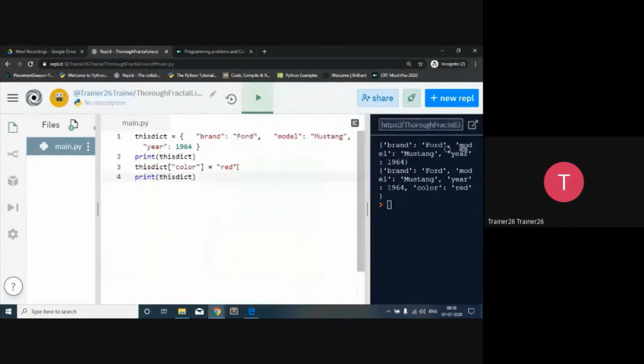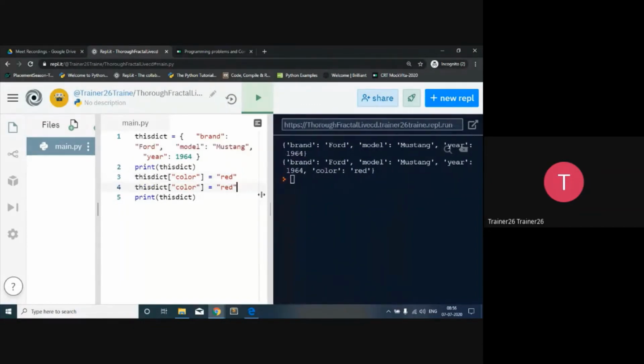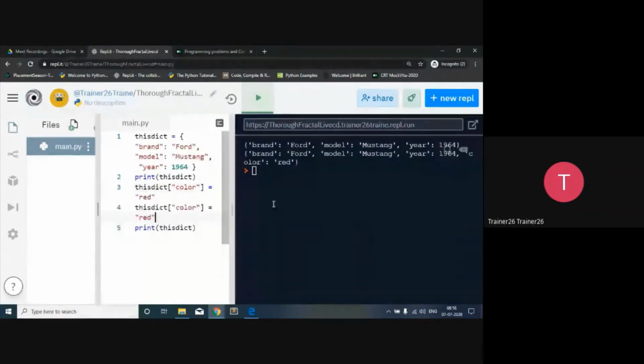What's going to happen is, let's do one thing. I'm going to repeat this thing. If duplicates are not possible, it will have the same effect. So now brand Ford, and color is red again.